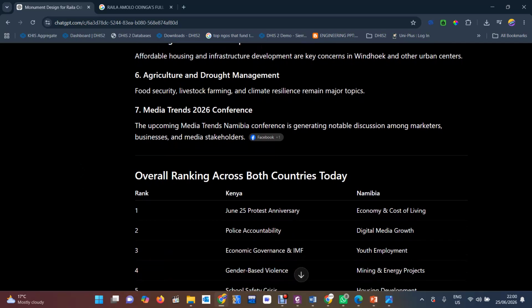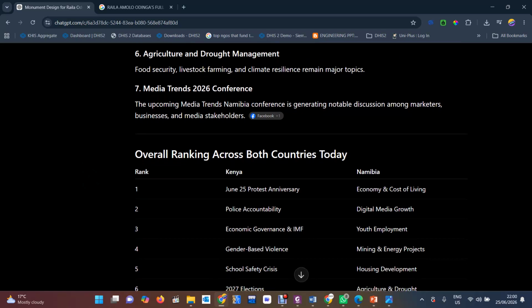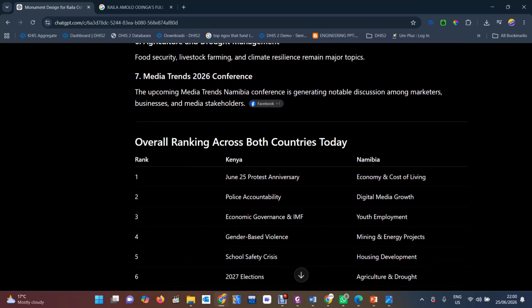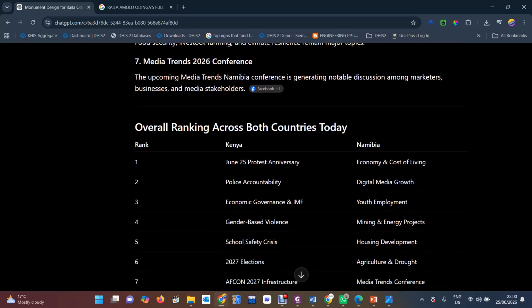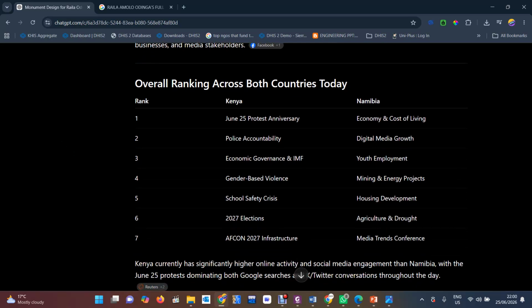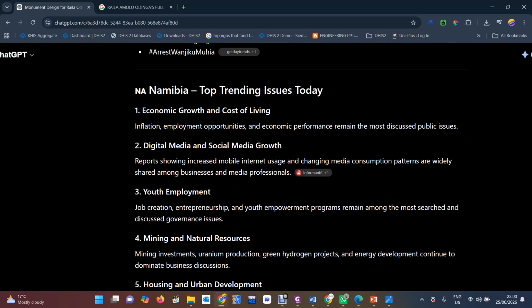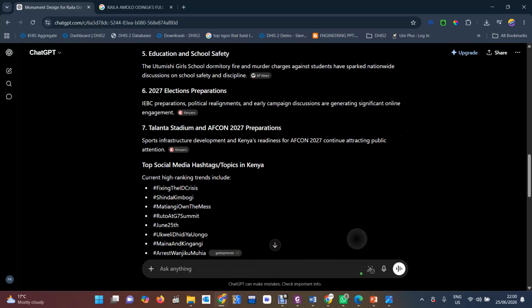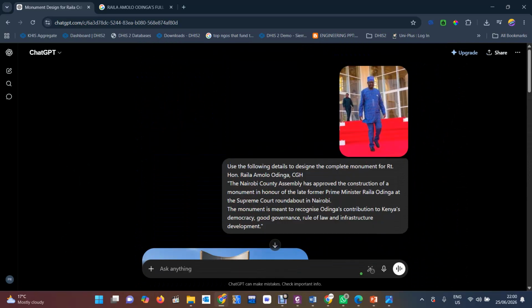There is also the Media Trends 2026 conference, the upcoming Media Trends Namibia conference, to be attended by marketers, businessmen, and media stakeholders. So those are the things that have been trending in both Google space and social media.